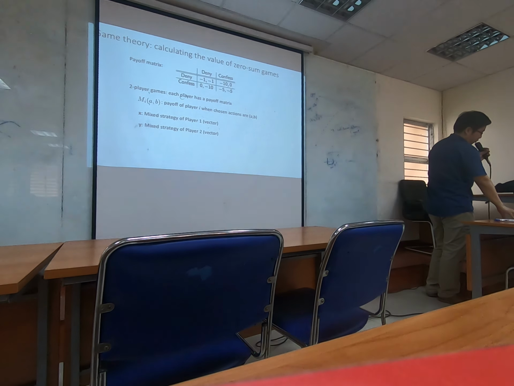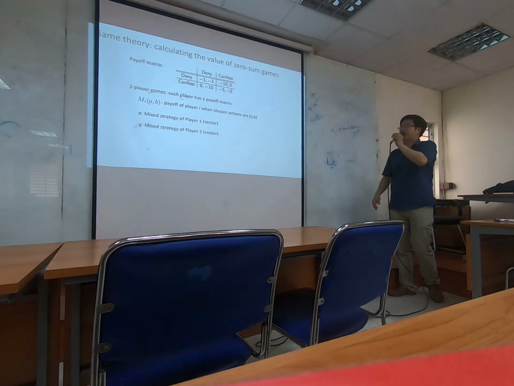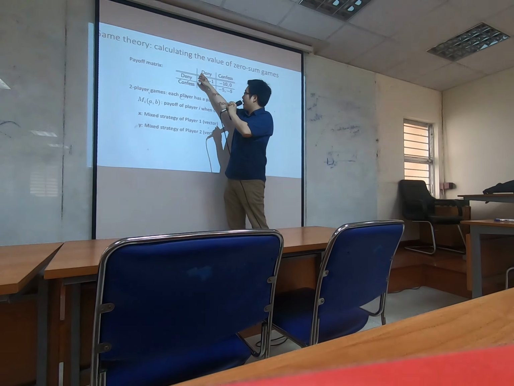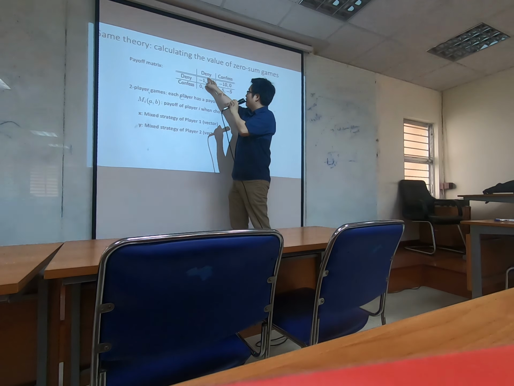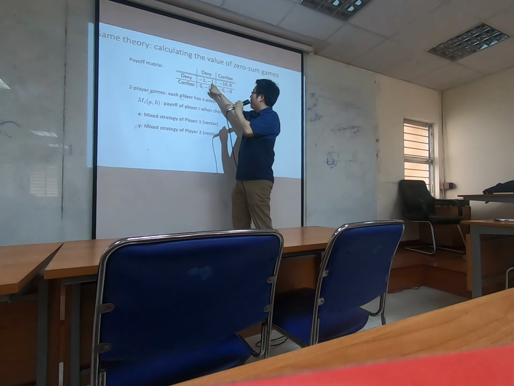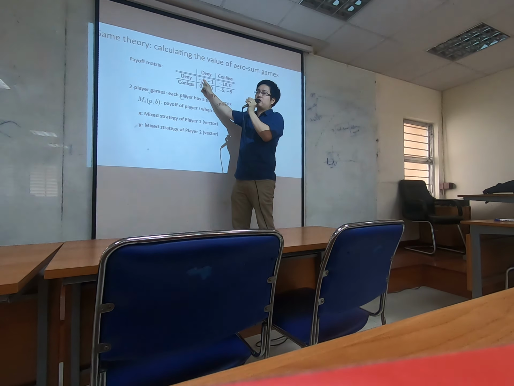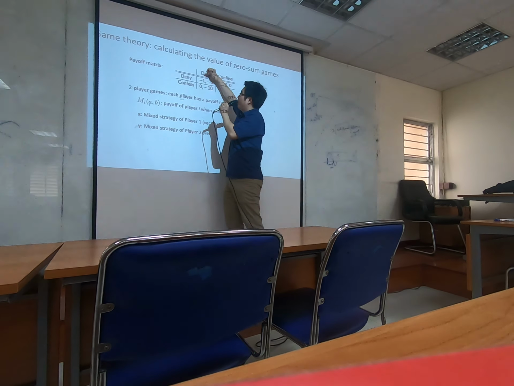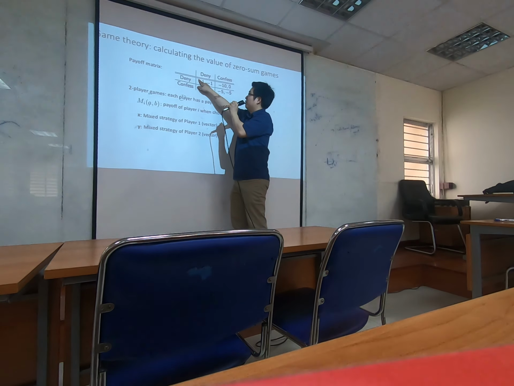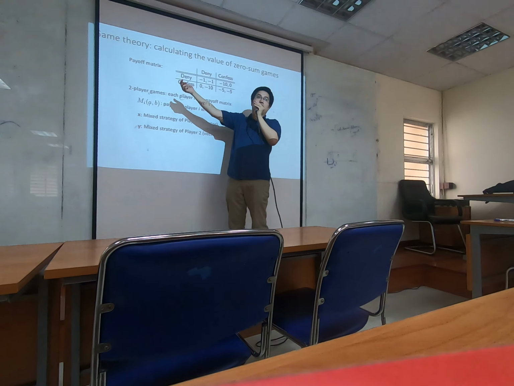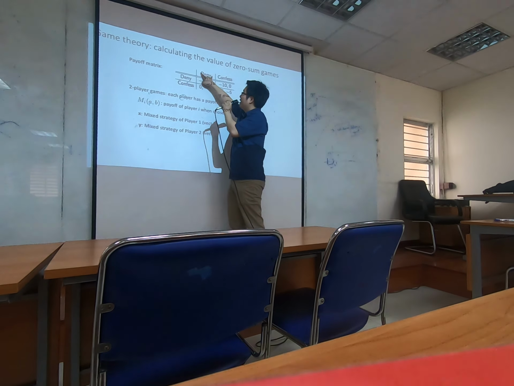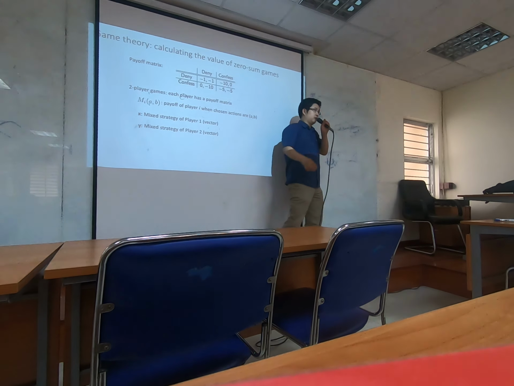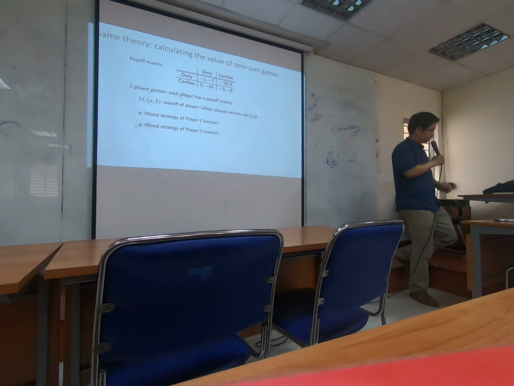So this is the definition of two-player games. If you are not familiar with game theory, then I will just quickly go through it. There are two players. They have a payoff matrix. Each cell of the matrix is actually a bi-matrix entry. It tells you how much I will get if I play this strategy and my opponent plays this strategy. This is the first value. The second value is for my opponent. It tells how much he will get if he plays this one and I play this action. Okay, so this is a bi-matrix, and each cell has two values.